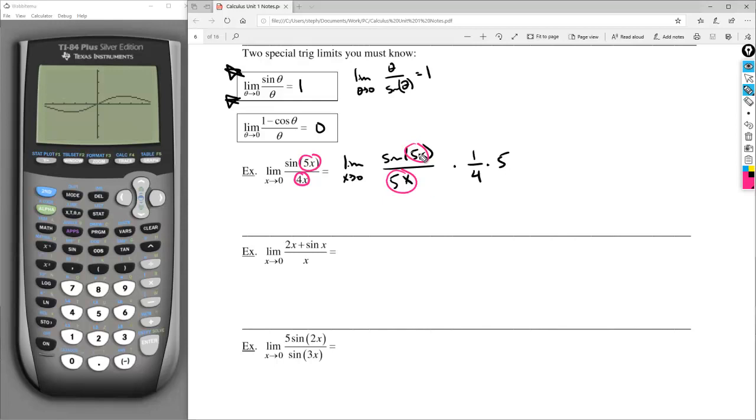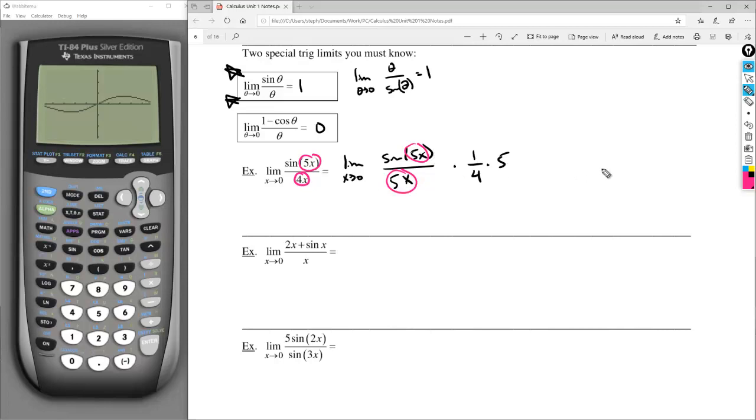I have 5x here. I have the exact same thing here. Okay? And what I kind of have as a leftover is a 1/4, which again originated here. That was my original 4 in my denominator, so that's my 1/4. And then this 5 right here. And the reason why I have a 5 in the numerator is because I had to introduce a 5 in